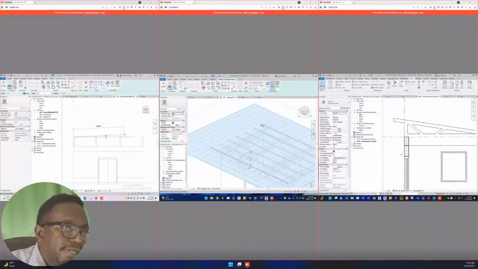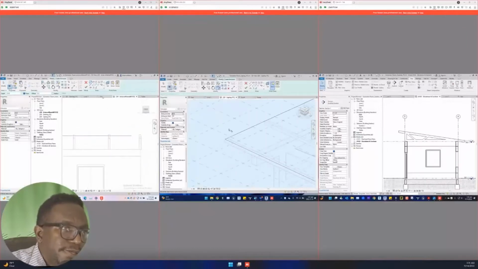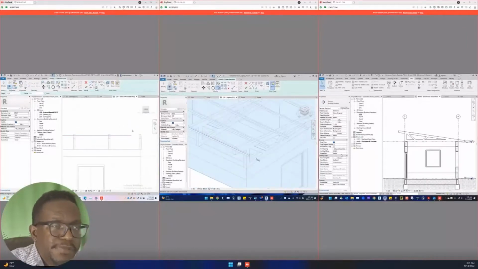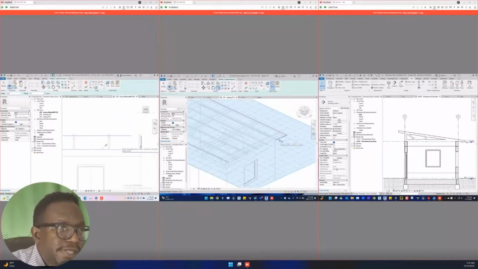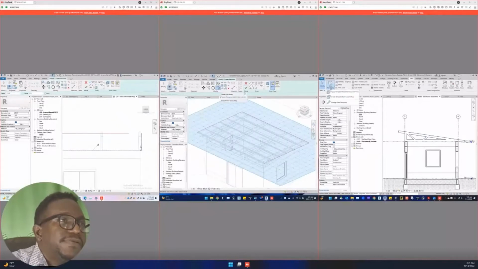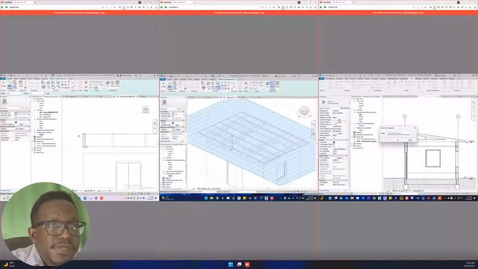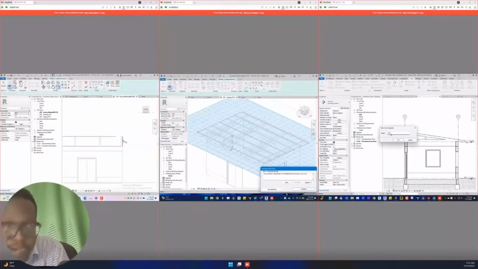And then what we can do, in order to save these settings so it can be used for another section without having to set them again, is go to view template and say create template from current view, and we'll call this maybe arch section,